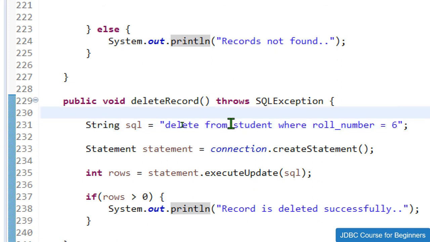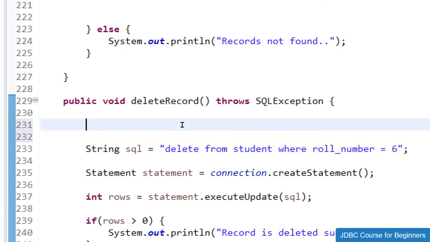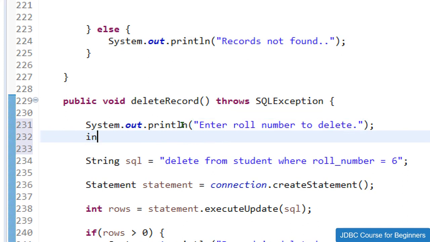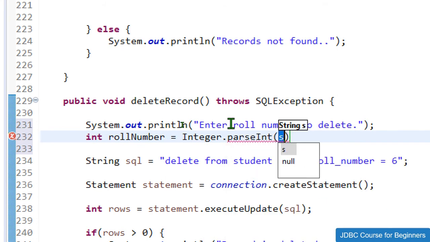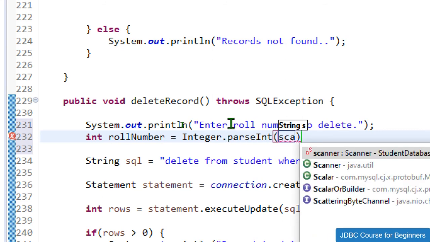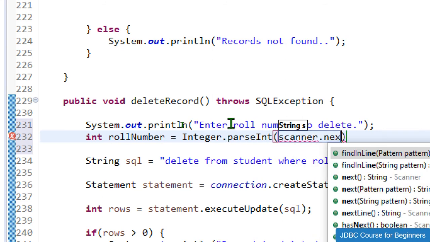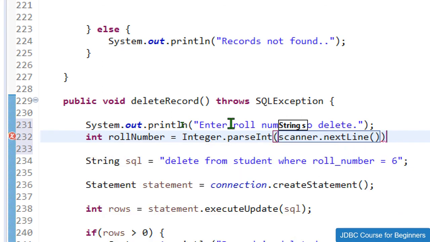So over here, before this SQL variable, let me add one more message like enter roll number to delete, and then we just need to use int rollNumber equals Integer.parseInt, and over here I am using my scanner class. So scanner.nextLine like this.